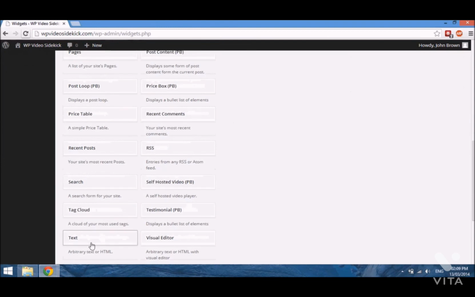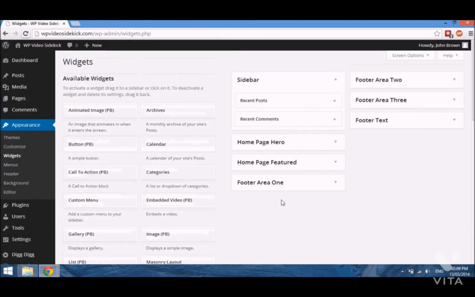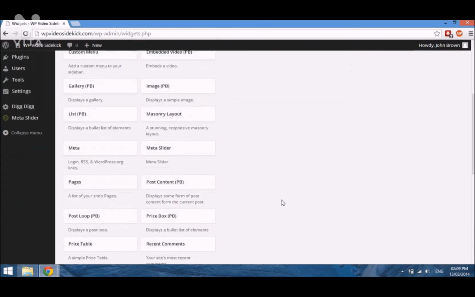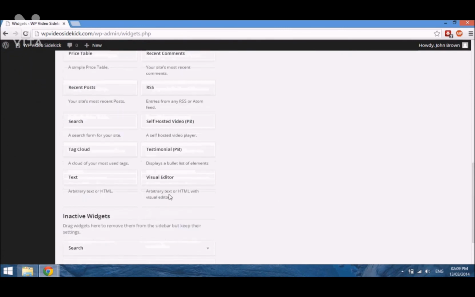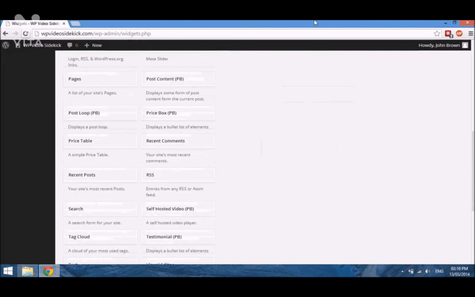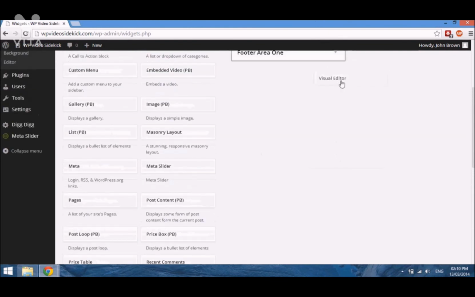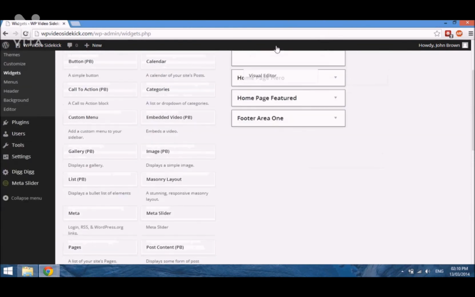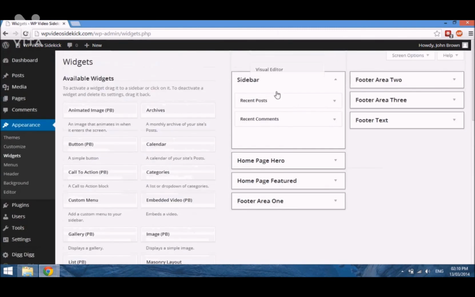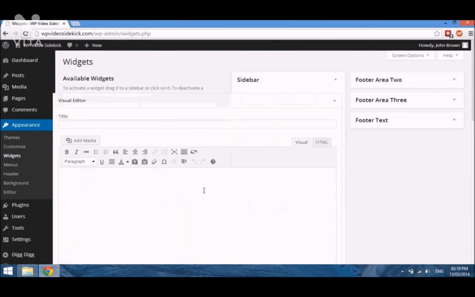this text widget, and then for example, if you wanted to add an image, you'd have to know a bit of HTML, to call on the source and all that. But what you can do now is just use this visual editor widget, drag it into your sidebar, and then you'll be able to create